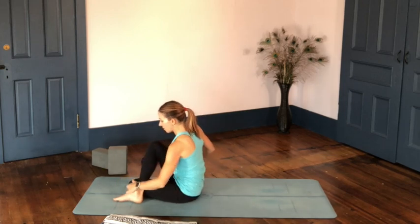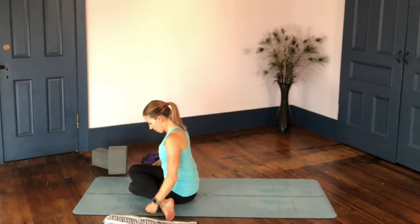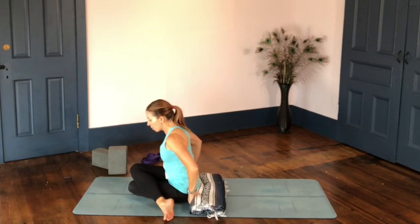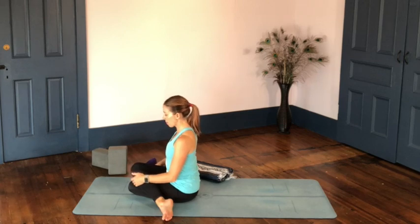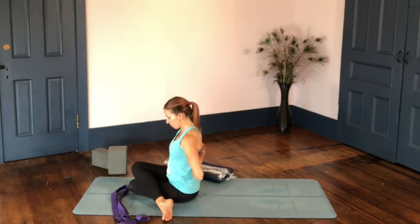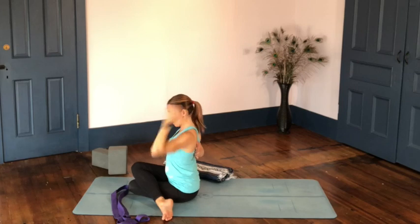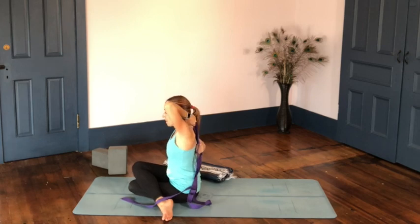Good. Face the front, and we'll come into cow face pose, Gomukhasana. Okay. Again, if you need to come up on a blanket or a block, please do. Okay. This time, the right arm goes back behind you as far as it'll go, and then the left arm comes up to see if you can hold your right fingertips. If not, use a strap or a towel